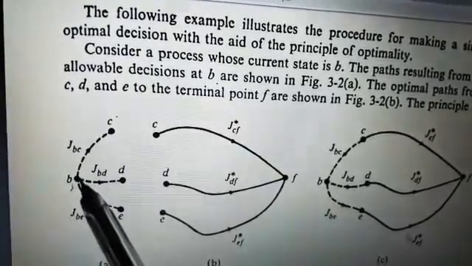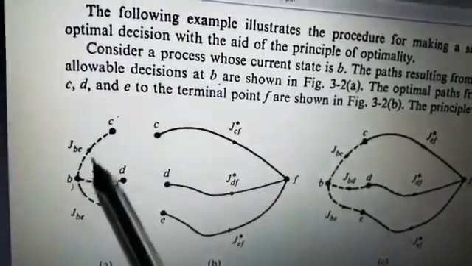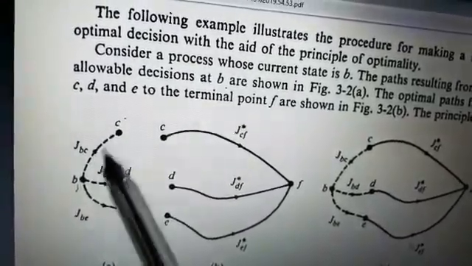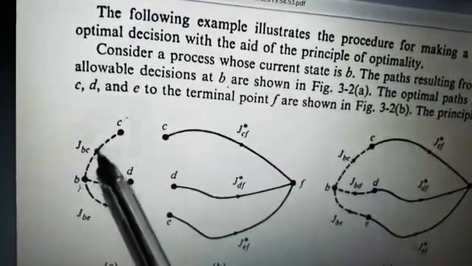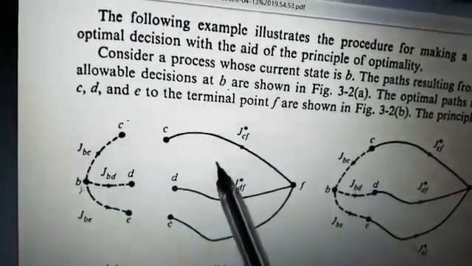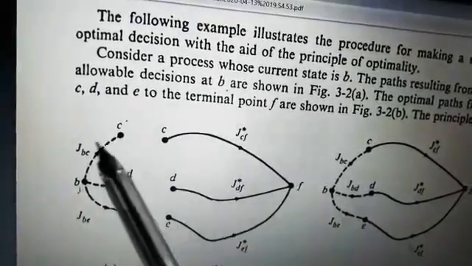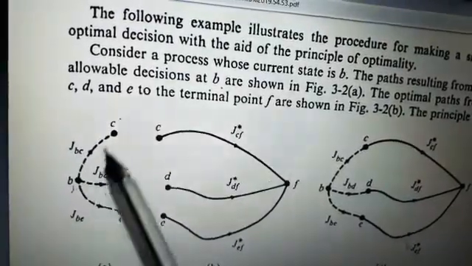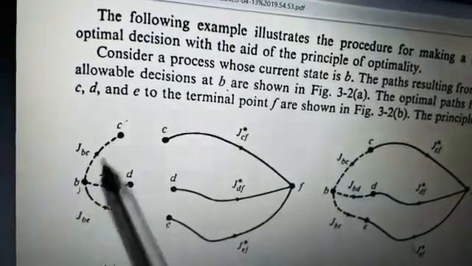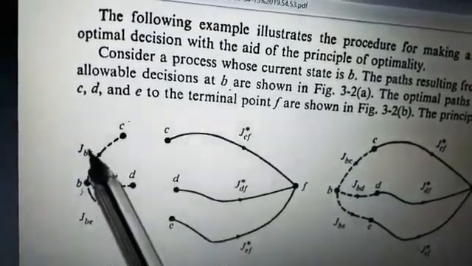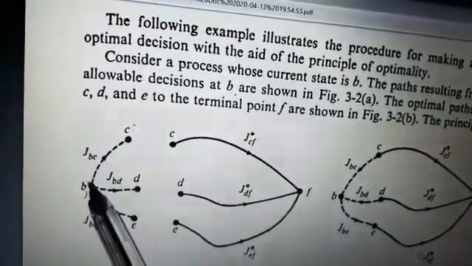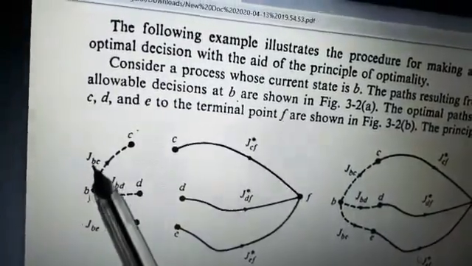If you consider from B to C, there is only one decision here. There is no other than one decision. In other cases there may be 2, 3, 4, 5 paths like this, but we consider the one minimum cost, and there we use the star. Only one segment is there from B to C, so don't use star here, only J, B, C. The performance measure from B to C is indicated as J, B, C.